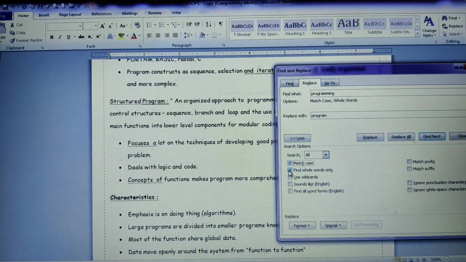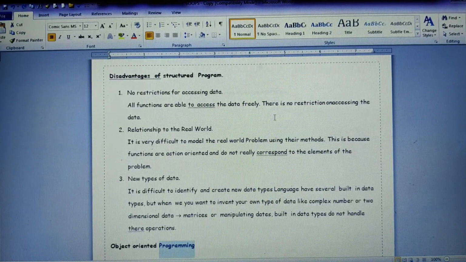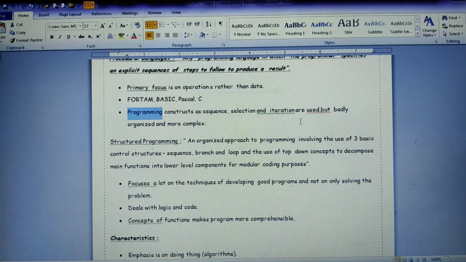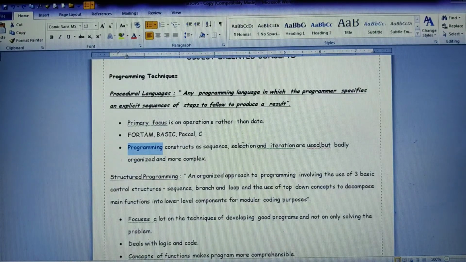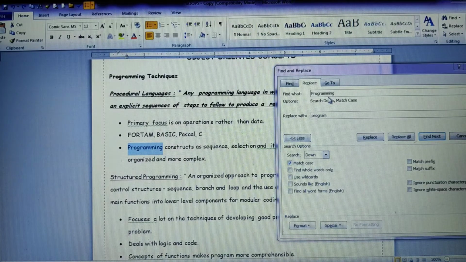Now first let me show you match case. Before this, let me retain back the changes we have done. Okay, see, I got it as programming. So programming was actually replaced with program. So when I go for Control H here, I'll take match case. Please make sure you notice the difference here, as this is a capital P I have written here. This is a lowercase programming I have written. This is again a capital Programming that has been replaced. Now here I have written capital P, Programming.